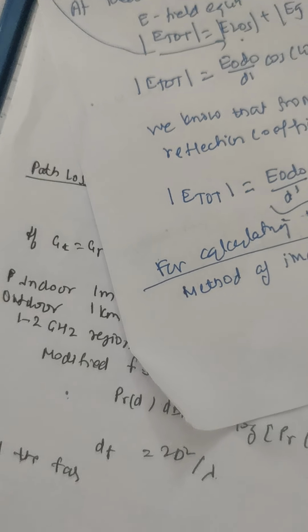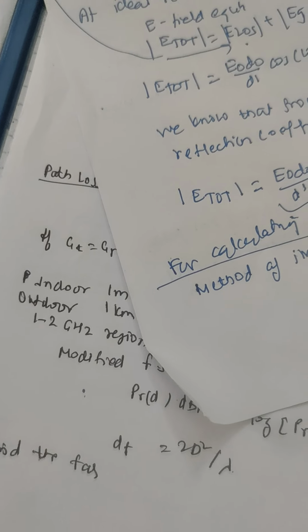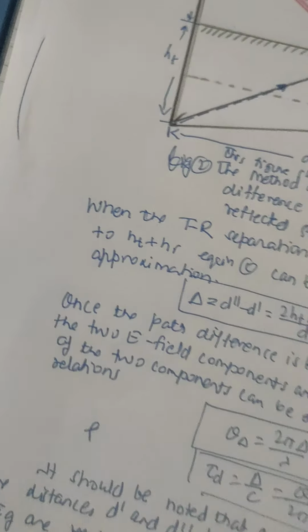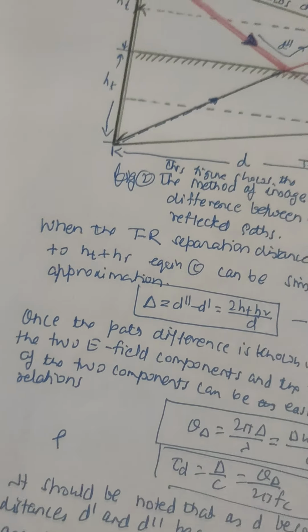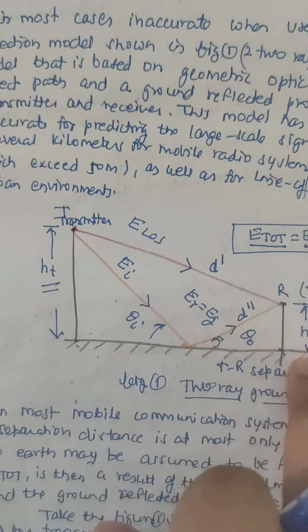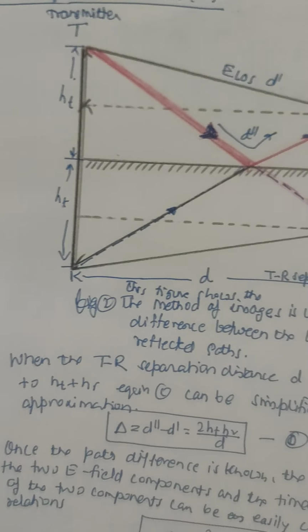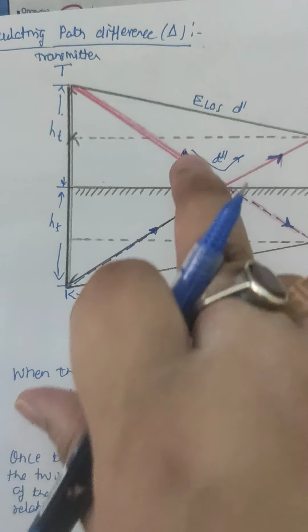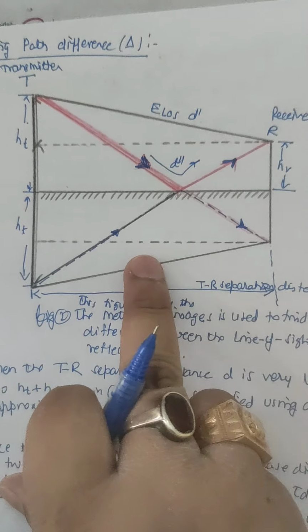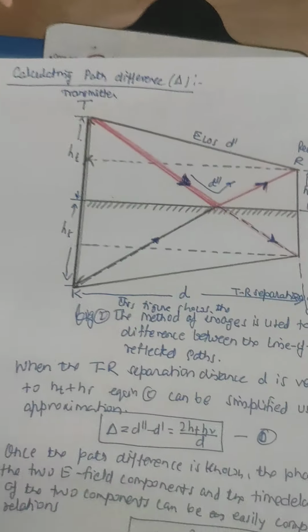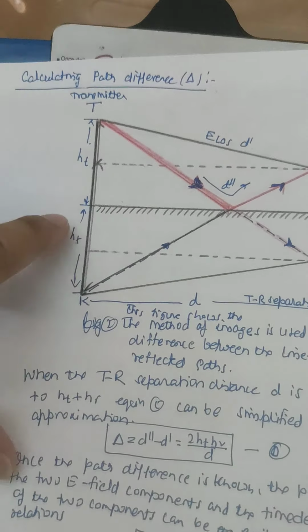For the method of imaging, what we do now is take this two-ray model. We have taken the mirror image of this two-ray path loss model. So we extend this transmitter as